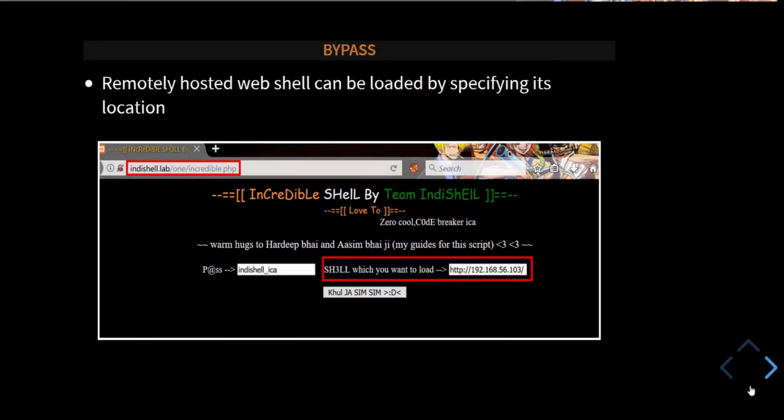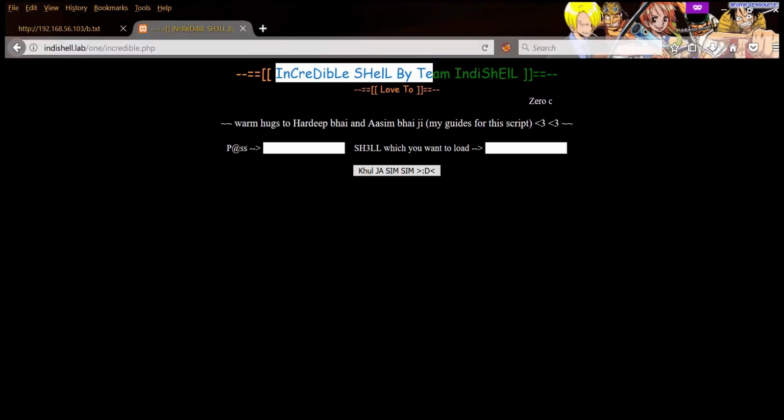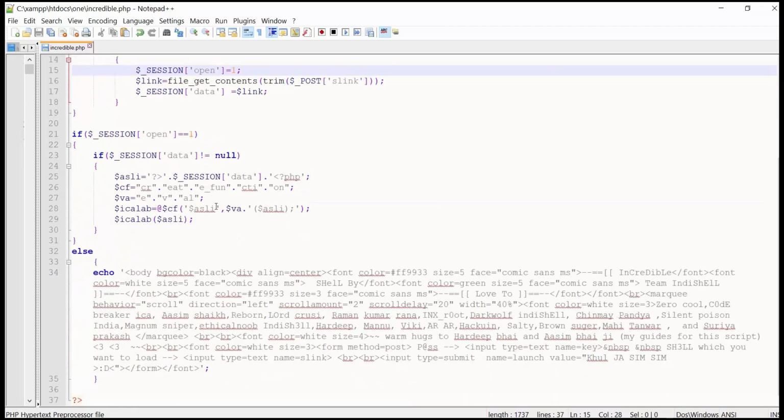So here you can see we have just specified the path to the web shell hosted remotely, and once we click the Khul Ja SimSim button, it will be loading the web shell, and this shell will be converted into the complete web shell hosted on the remote location. Let's have a demo. In this web shell, we are going to load a remote shell.